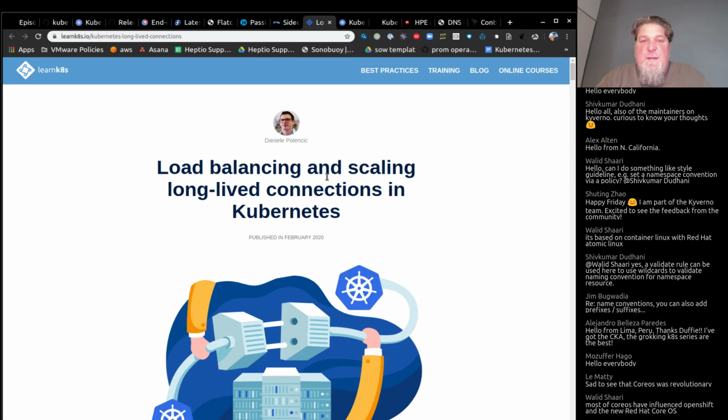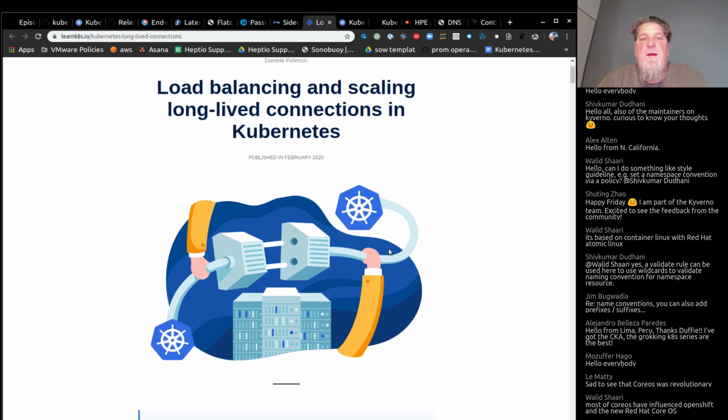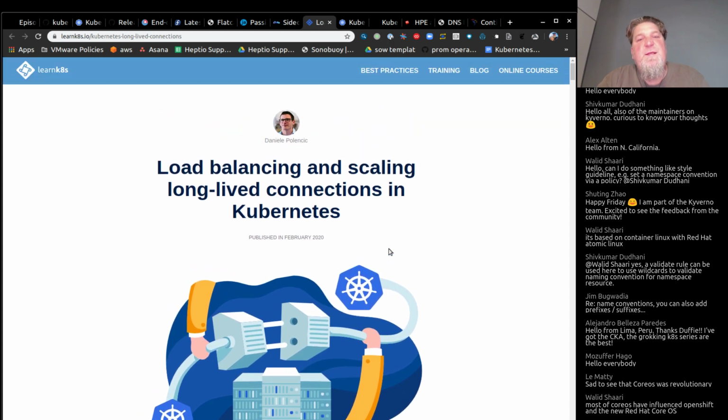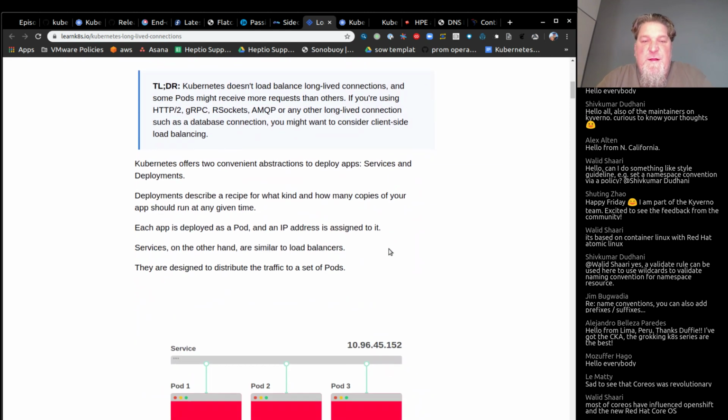What else do we got? Load balancing and scaling long-lived connections in Kubernetes. Now, this is a topic I think that people frequently overlook. And you know, y'all know me, I'm into networking stuff, so I do think it's probably a good article. I haven't read this one end to end, but